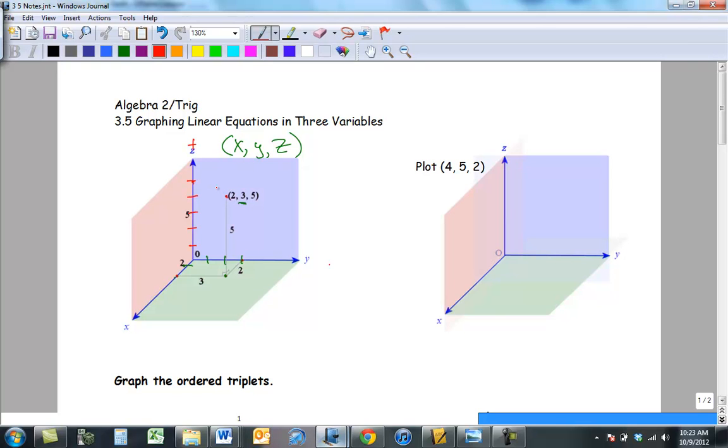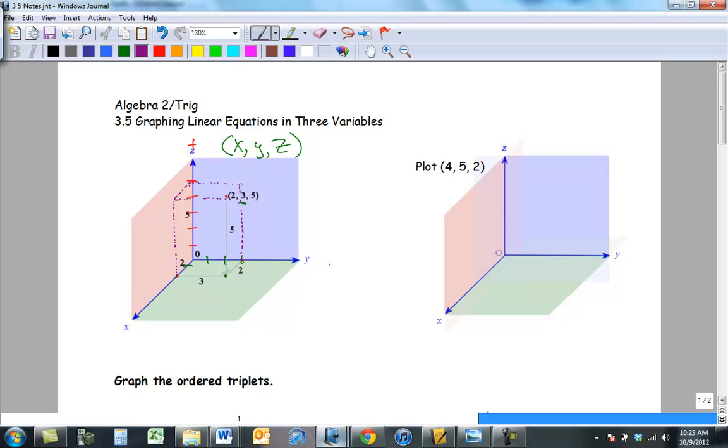That's kind of strange, right? But let me explain what's up here. Up here at 5, draw a dotted line parallel to the x-axis. And then from x here, draw a line parallel to the z-axis going up like this. And you'll see that it doesn't intersect at quite a right angle. But where it does intersect, go across, and that should intersect that point. Now back here at z, go parallel to the y-axis again. And from the y point,